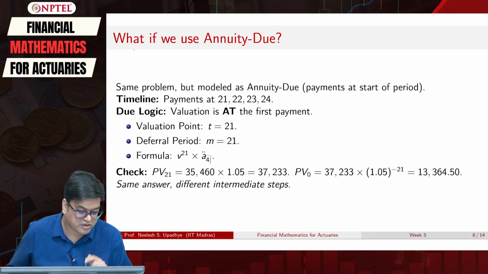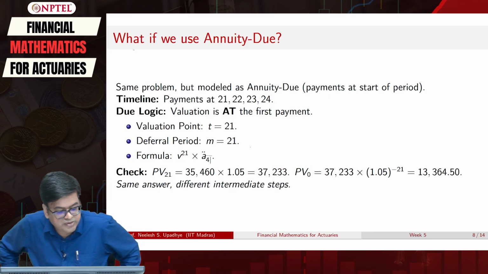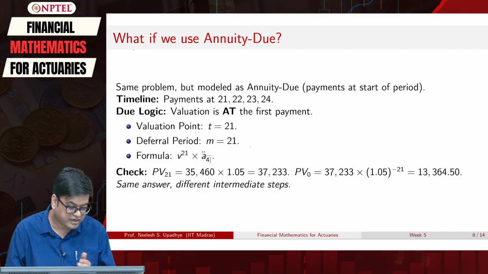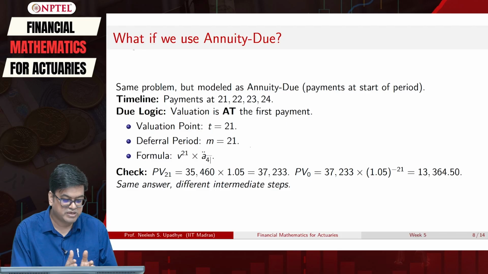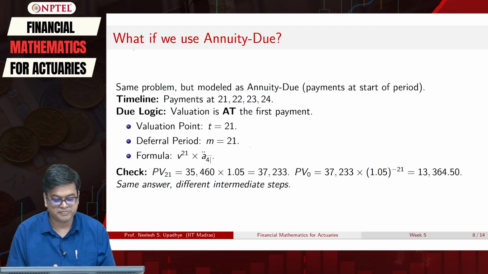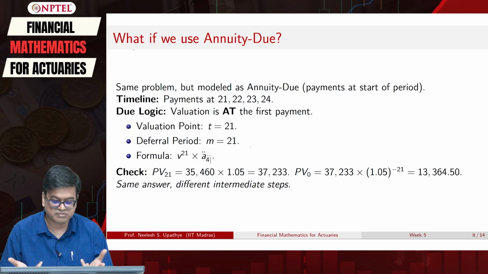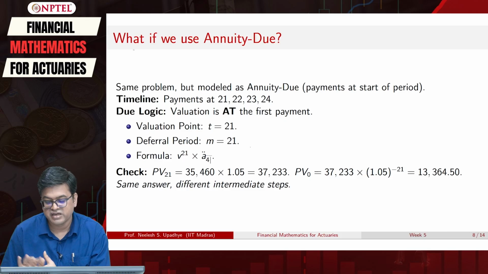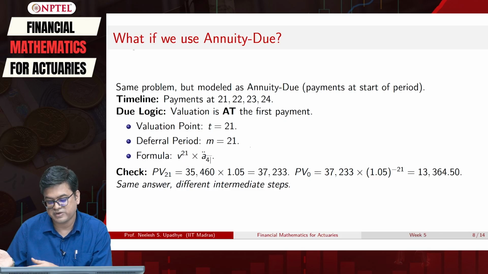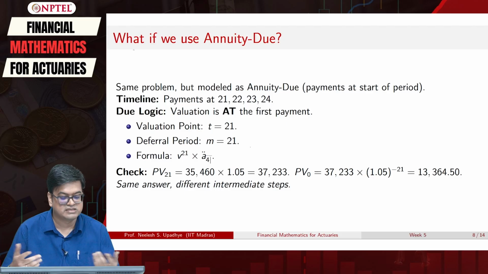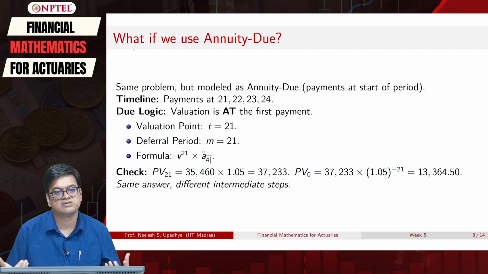So, now because I am doing annuity due, I have to evaluate PV 21, and then if I evaluate this PV 21, it basically becomes 35,000, which was my earlier sum, multiplied by 1 plus I, which is 1.05, and that gives me 37,233. Okay. It is just a matter of practice. Again I am dividing by 21 years. So, 1.05 raised to minus 21. So, again it will roll back to the same number, same answer, different intermediate steps, that is all.